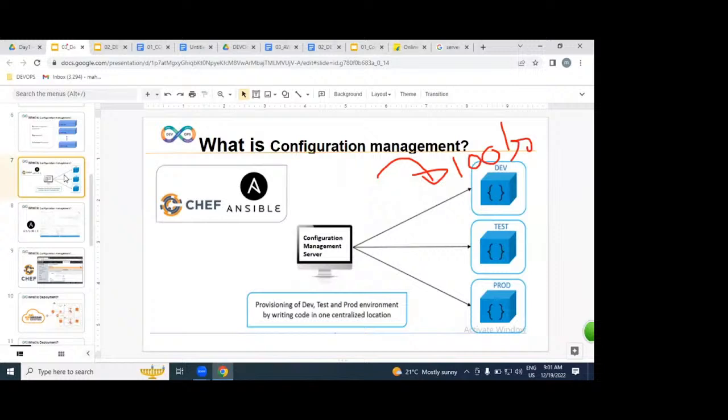I'll repeat this very important point. Getting servers from AWS. After getting servers, we implement an automated process with the help of Chef and Ansible. That's very simple. So we are going to deploy on where? AWS servers.